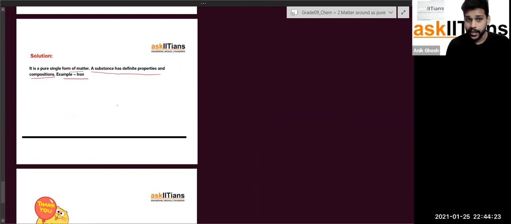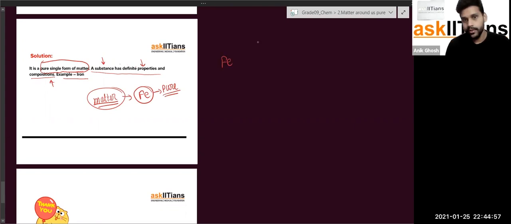So what is a substance? They are saying that if we have matter, which is all the things we see around us, a substance has definite properties and composition, and it is a pure single form of matter. So a substance is like iron. Iron is a substance, a pure form of iron. So for iron, if I take iron as an example, for iron atom,